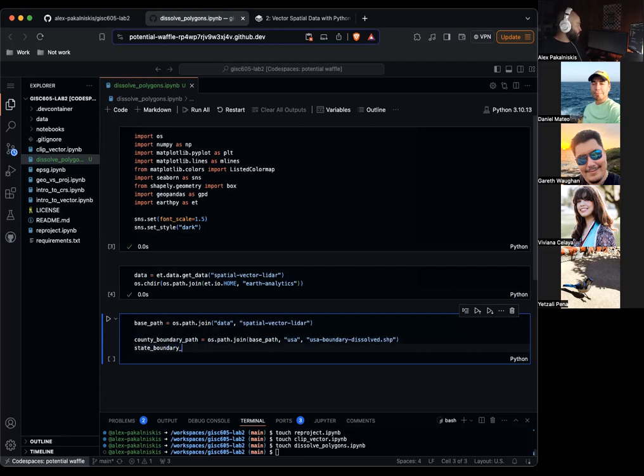State boundary path equals os.path.join base path, USA states census 2014.